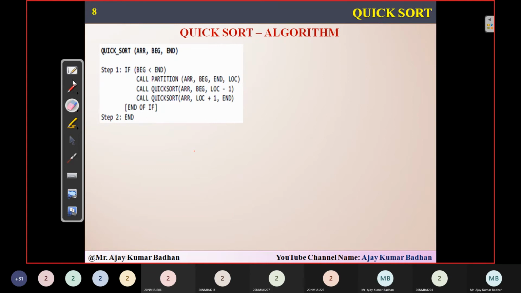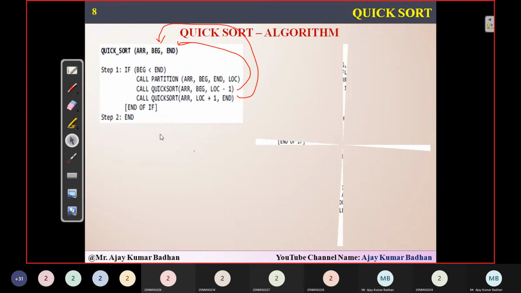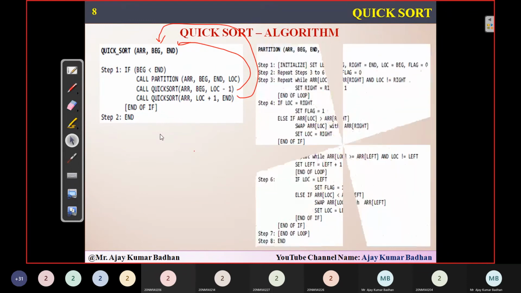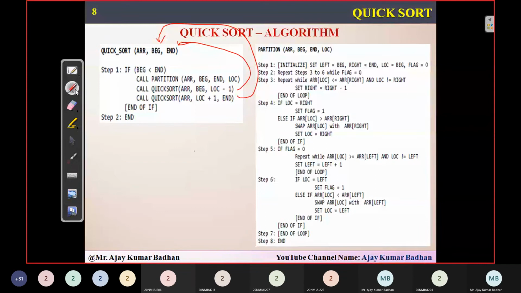We have one more thing here. This is what is called recursion taking place. Quicksort is nothing but, you can see, it is calling this function again. That's why we call it recursion. And this is the code for your partition. In the partition, the first part you are seeing here in this scenario is related to scanning from right to left. I told you now we are scanning from right to left. This is the part for that. And this part, what you are seeing, this one is for scanning from left to right.